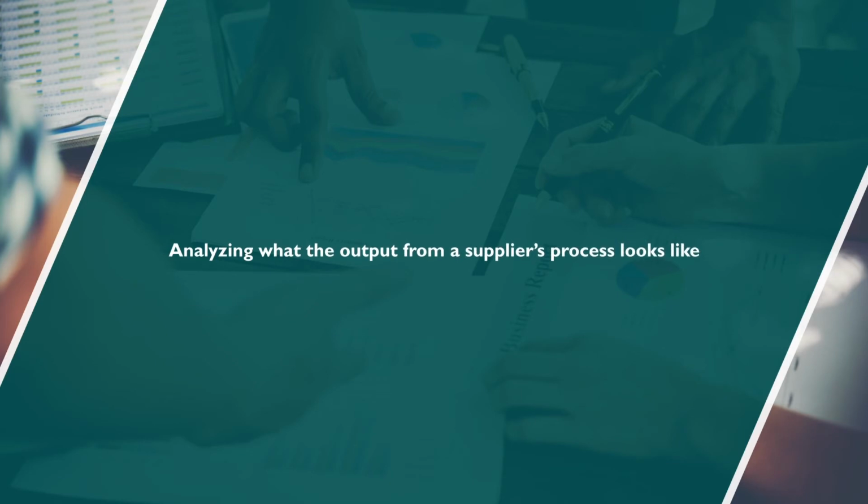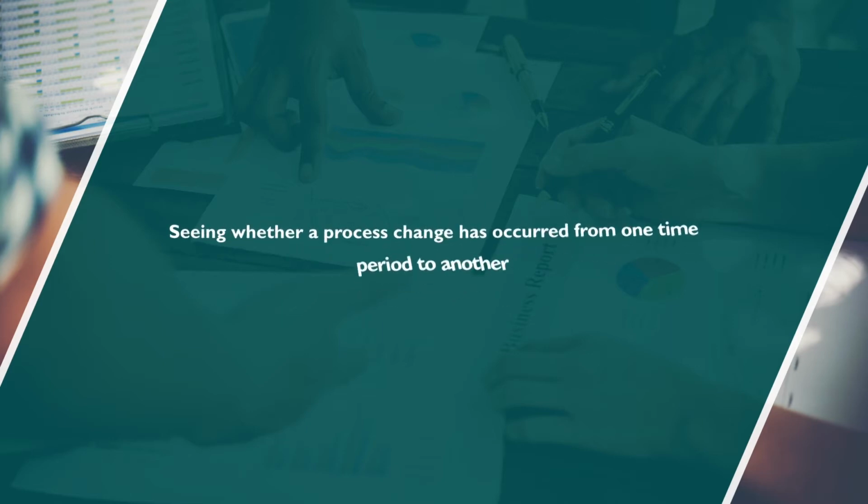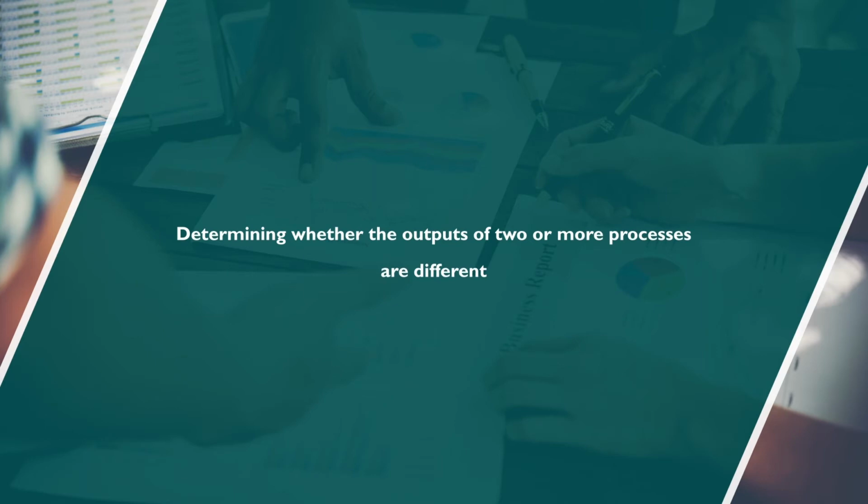If the customer's or the respondent's requirement is not going to be fulfilled, I think your analyzing process is not going to work out. Whatever you analyze is based on what the output of a supplier process looks like, and whether a process change has occurred from one period to another, which also needs to be determined. If there is no change in the preceding years or in the present years, then there could not be any comparative view. So we determine whether the output of two or more processes is different. What I mean to say is that we have to communicate the distribution of data quickly and easily to others. That is the reason certain statistical analyses need to talk about all those aspects.